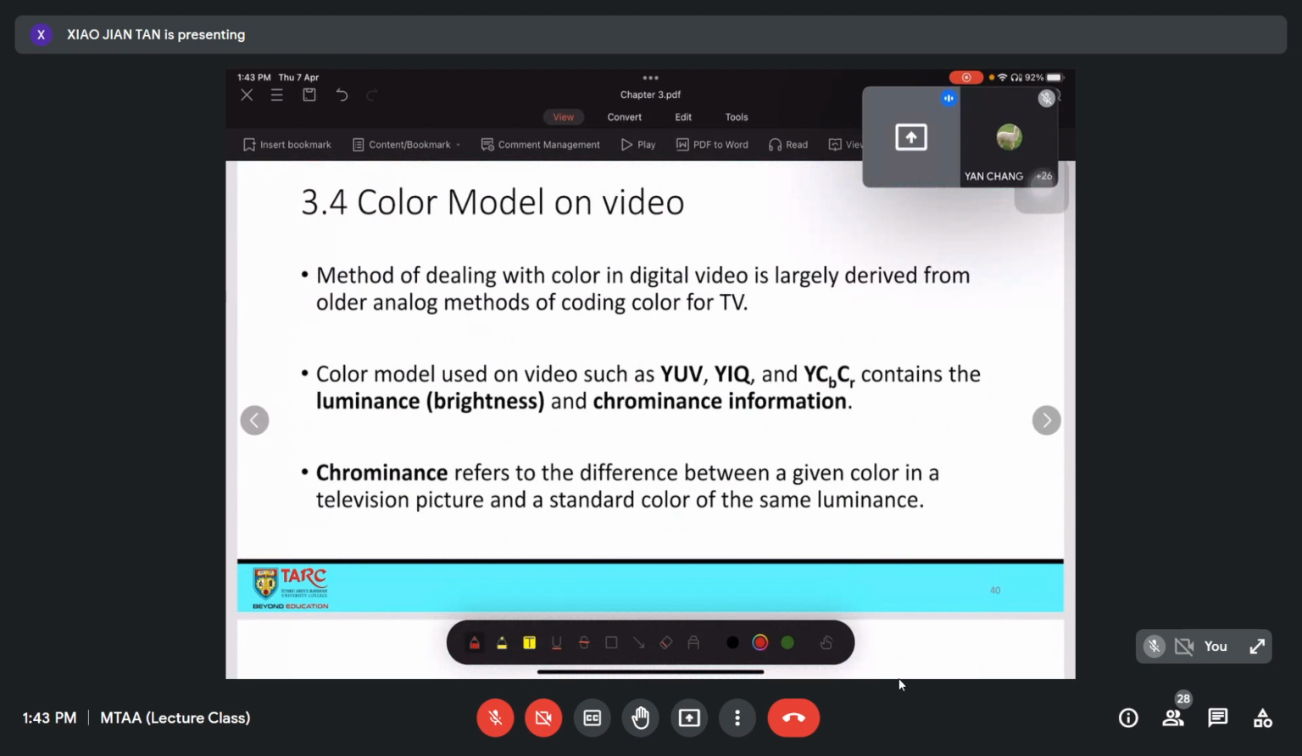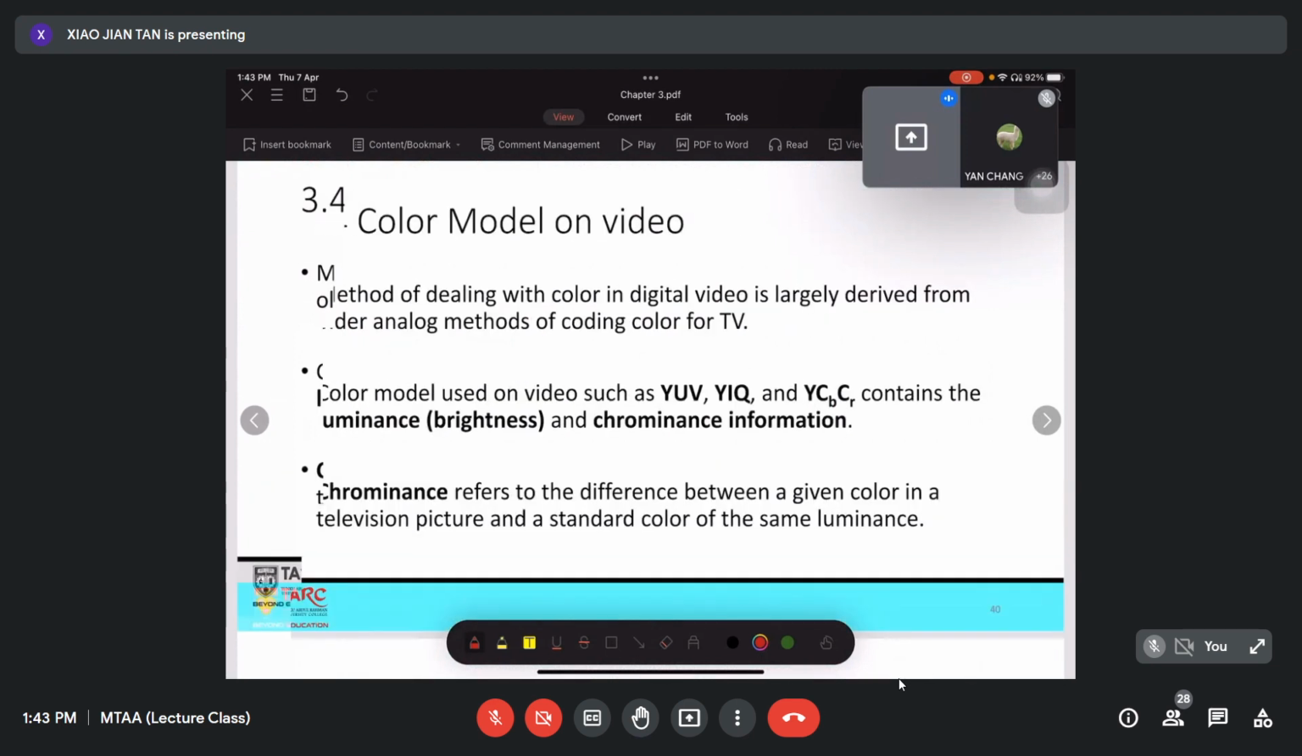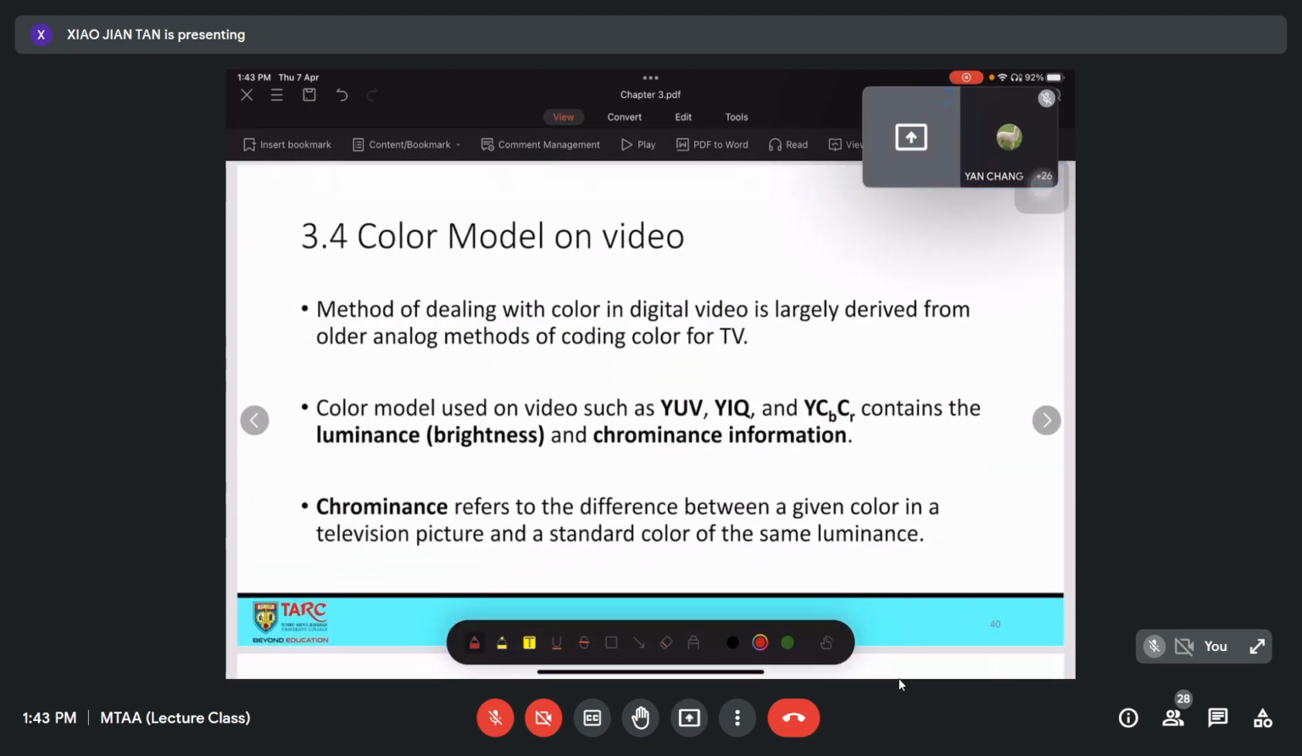So, color video, color model on video. Methods of dealing with color in digital video are largely derived from older analog methods of coding for TV. Our eye is more sensitive towards luminance and not so sensitive to chrominance. So we have so-called subsampling. Okay, we have learned the subsampling, for example,